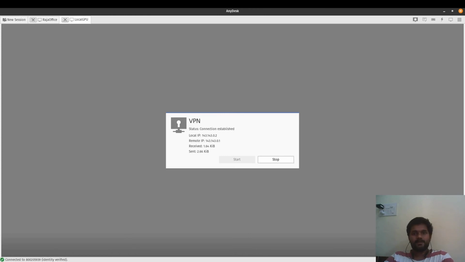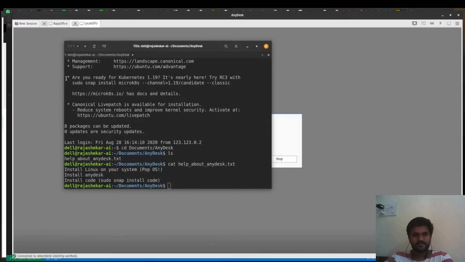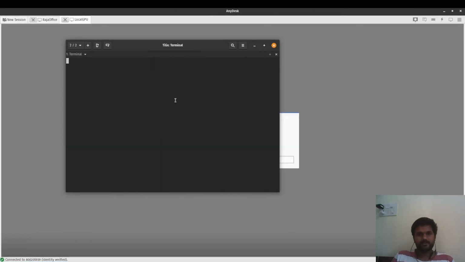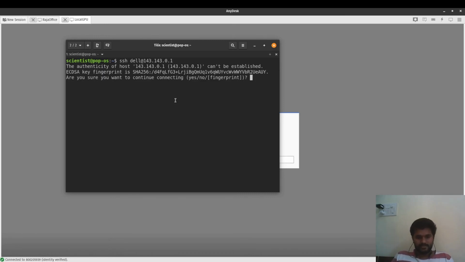Yeah, now if you want to connect to another system, you can go here. Shift at the rate of, what was the IP address? 143.143.0.1. Always enter the remote IP address instead of anything else.